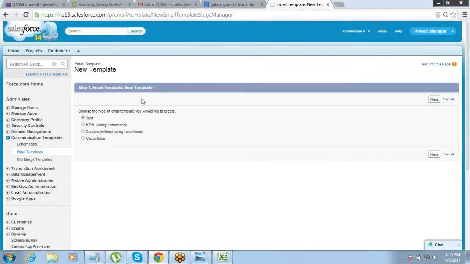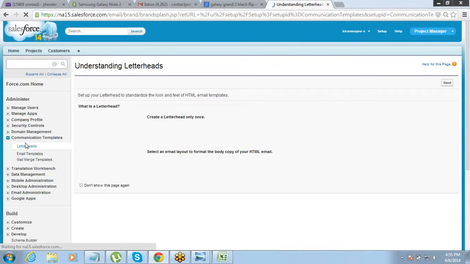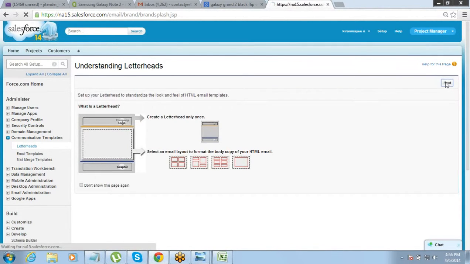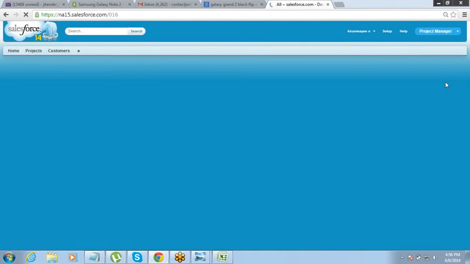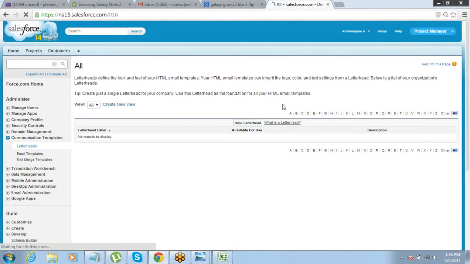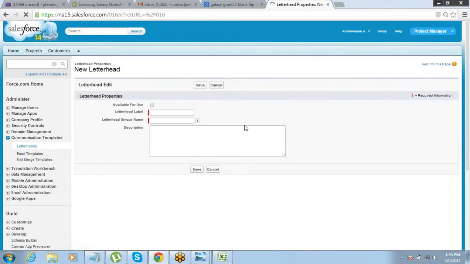Okay. For creating another email template which uses a letterhead, first thing we have to do is create a letterhead. So how and where do you create a letterhead? Go to setup and click on letterhead. So letterhead is nothing but the background of the email. As I said, the letterhead option allows you to design emails with the formatting and all those things. The first thing that you might want to do is design the background of it.